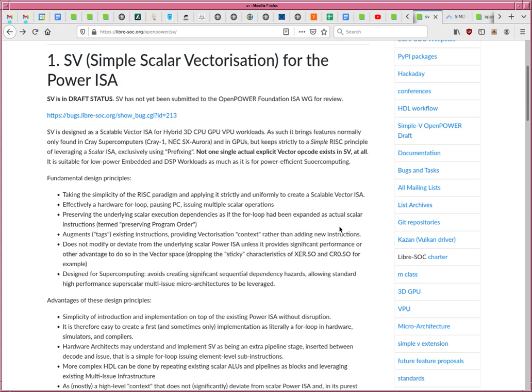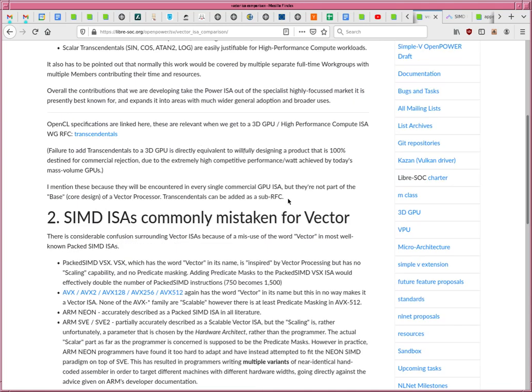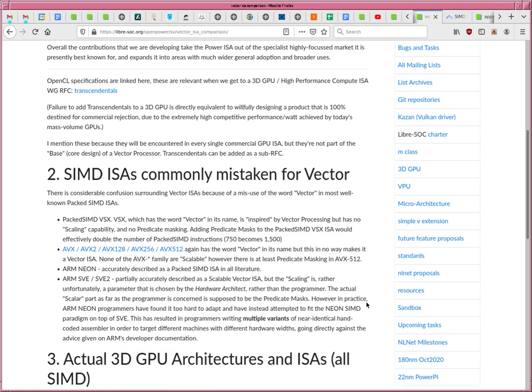But ARM, bless them, they've done a predicated SIMD. It is not scaling. I mentioned this in that page. The scaling is a parameter that can be chosen by the hardware architect rather than the programmer. You can use predicate masks to mask it off, but